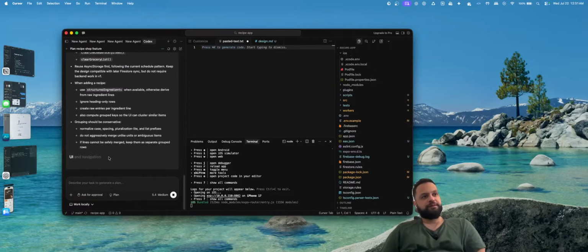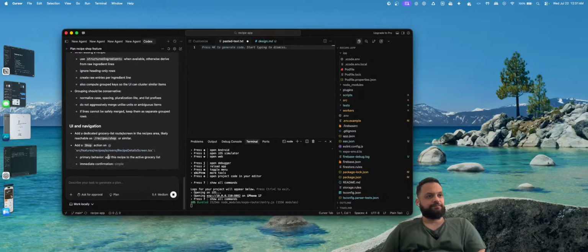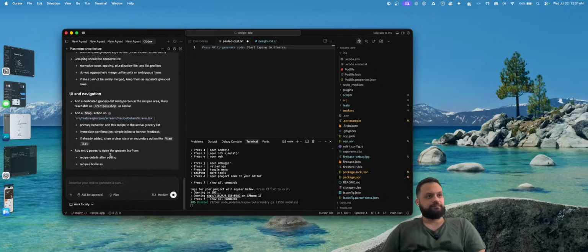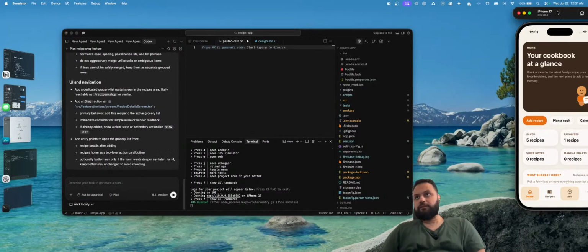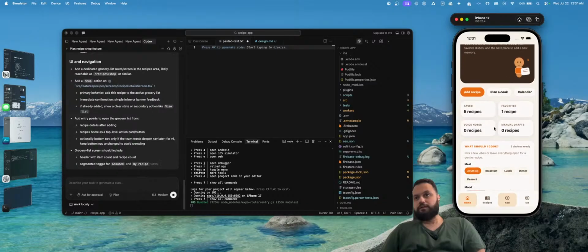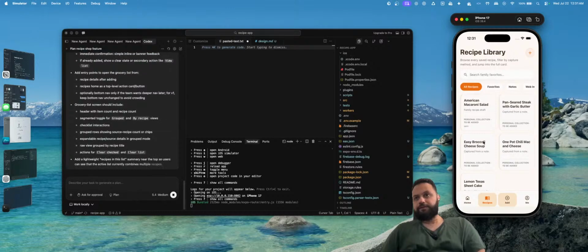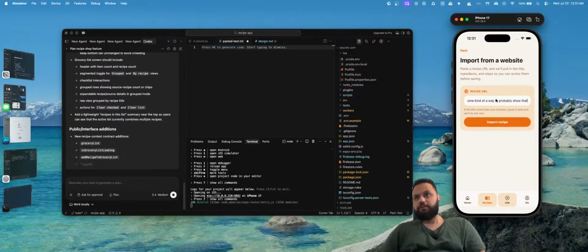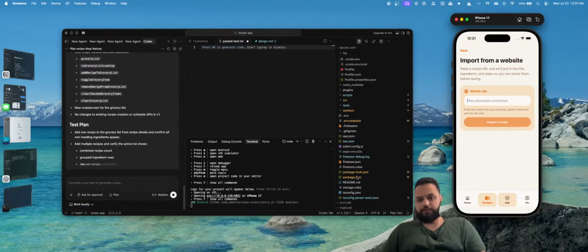Okay, so I mistakenly selected 1 instead of 2. Okay, so let's go add recipe. And then we're gonna go to the